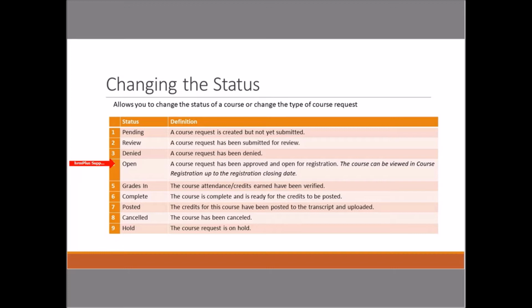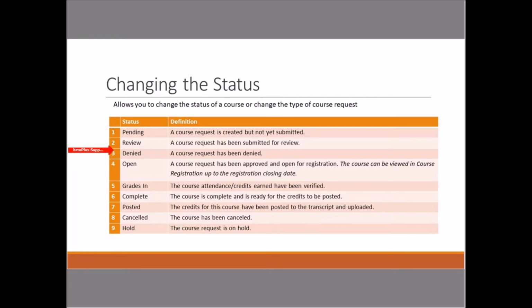So people also forget that. You know, my class is open, but it's not showing up on that screen. That's where that registration closing date comes into play. If it's passed, it's not going to show up. However, if it's still open and the date's passed, you have the ability to put people in using that invite register tool. The PD manager also has the option to deny a course, which just changes the status